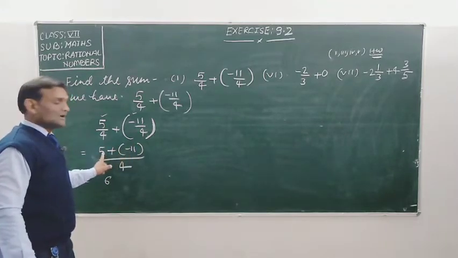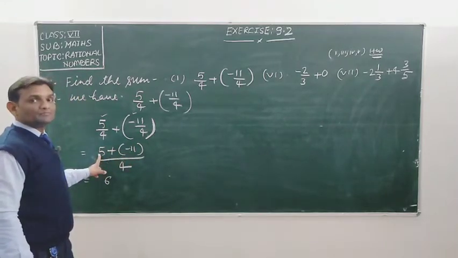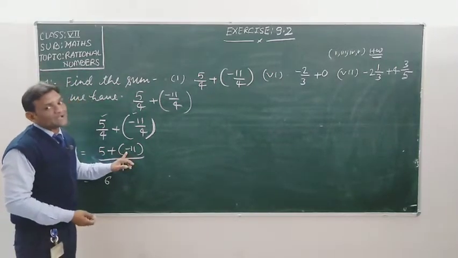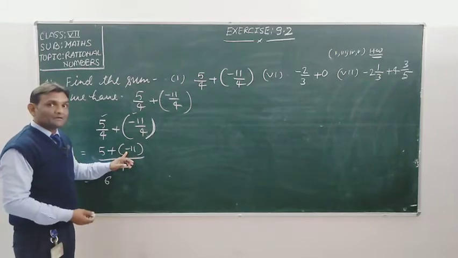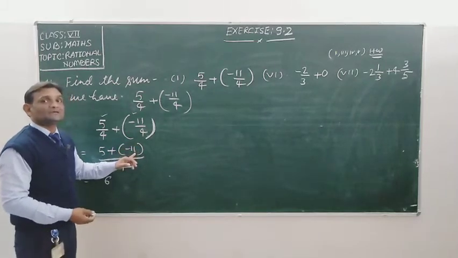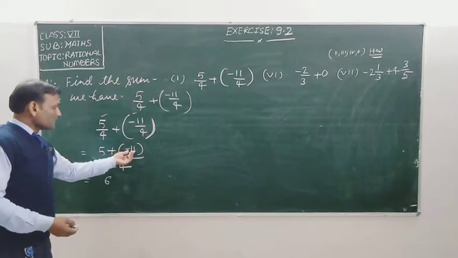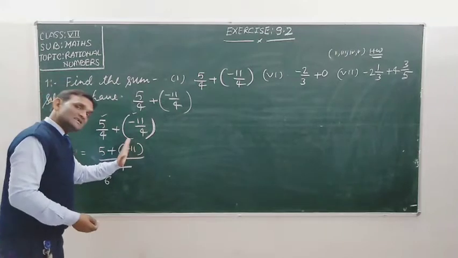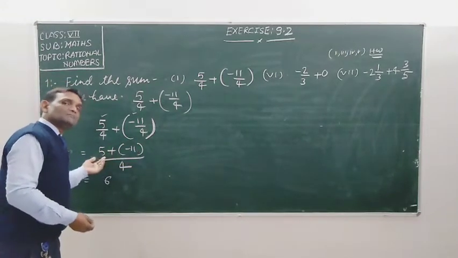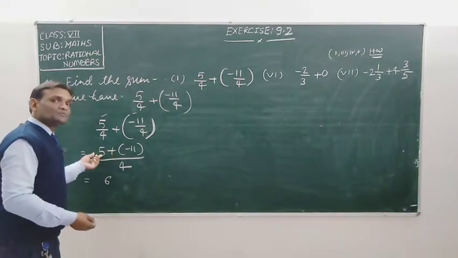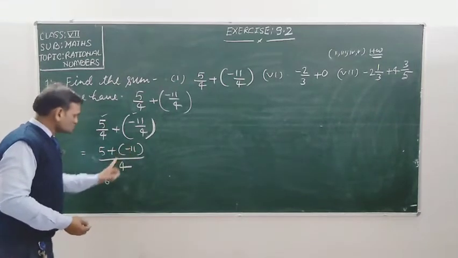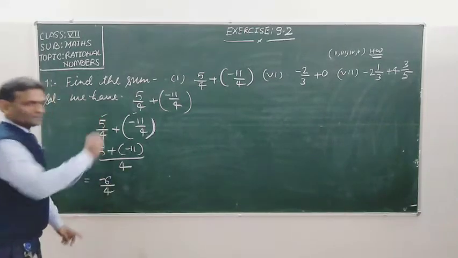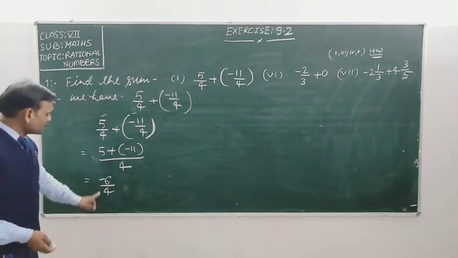अभी तो आपने माइनस किया, बट 11 इज ग्रेटर देन 5. Don't compare with sign. We do not need to compare with sign that minus 11 is greater or 5. No, firstly leave the sign and compare only the numbers. So 11 is greater than 5 and the sign of 11 is minus, so we use the minus sign in the result, minus 6 upon 4. This is my answer, student.